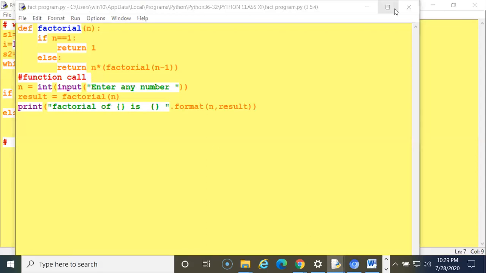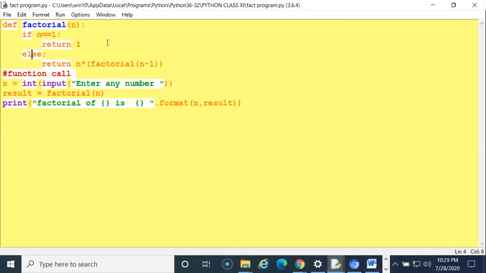this is the factorial of a given number. What is factorial? See here, a little bit different. In this program I am using def. Def is a keyword. We'll learn about this function later. Def is a keyword. Factorial is a user defined name. Any name, you can write any name here. You have to put here a rounded bracket with the argument n. I have given an argument n. So what is n? This is a variable which I am enclosing as an argument.